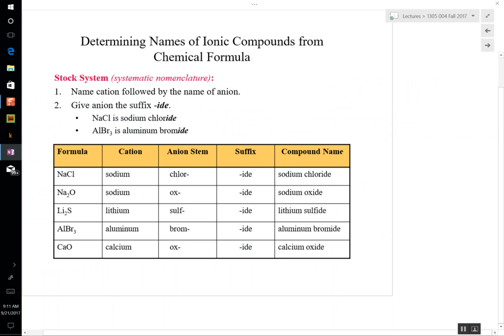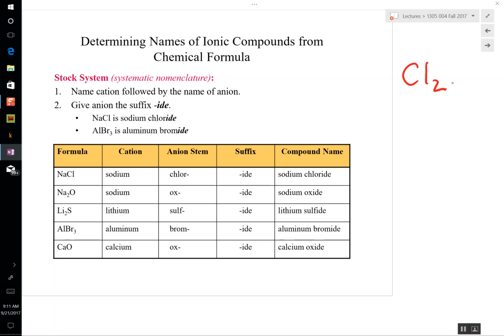The next chart starts showing you how to piece the names together. So NaCl. The positive ion is sodium. The negative ion, we would look at the periodic table and see the word chlorine, but the INE is dropped and we add IDE. We call that sodium chloride. We don't call it sodium chlorine. To a chemist, this is chlorine. It's a diatomic element. So chlorine, you're talking about the element. When that element gains an electron, we talk about the chloride ion,